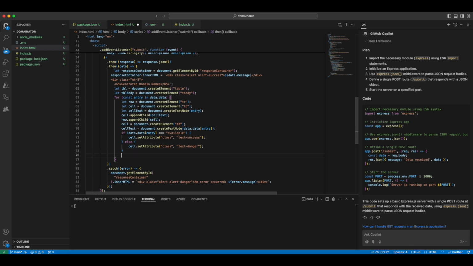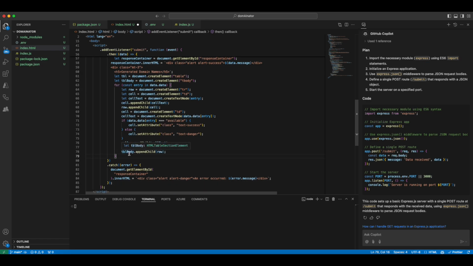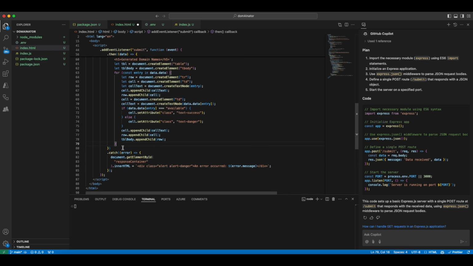Okay, now once that's done, we will just append that text to the cell, we append the cell to the row, and we have to append the row to the body. Okay, so that's going to generate all the rows based on the object that came back. Then we have to append the table body to the table, and finally